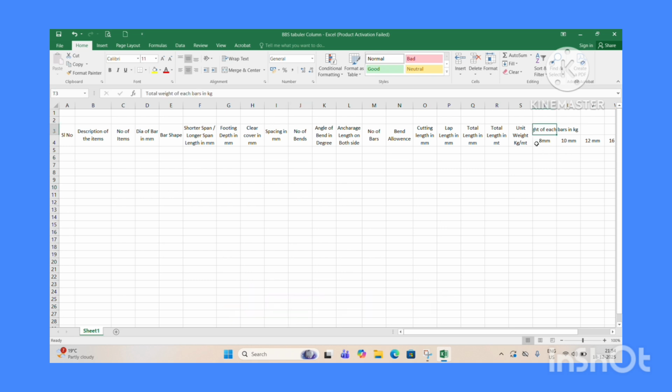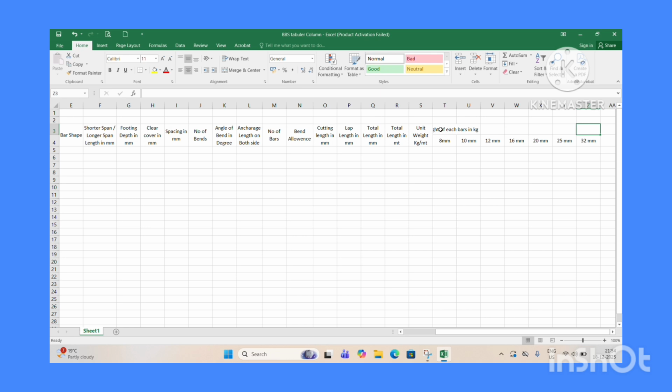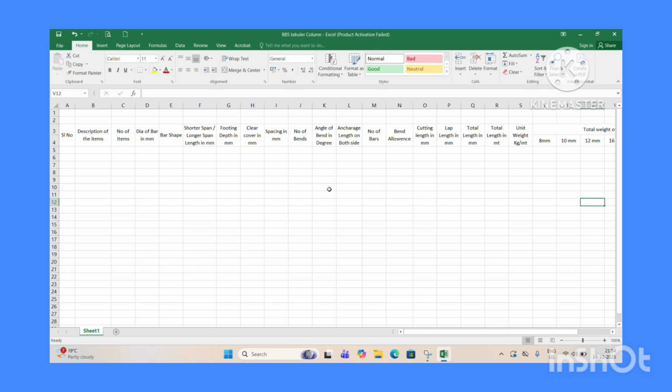And here the total length bar also you can adjust. This is the total weight of each bar from 8 mm to 32 mm. So you can select all these cells and merge them. So this total weight will be common from 8 mm to 32 mm. So after this,